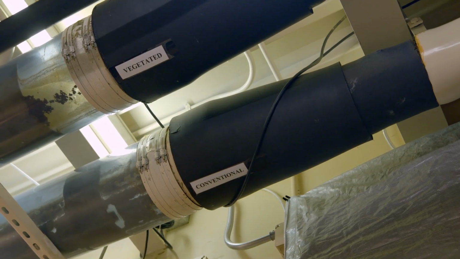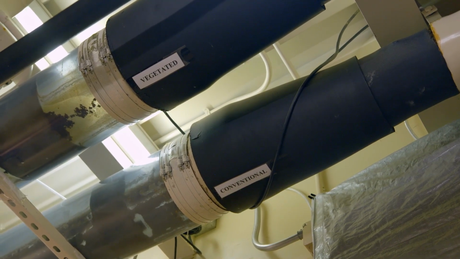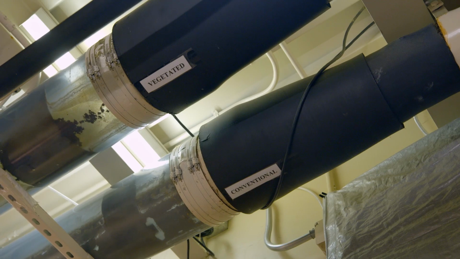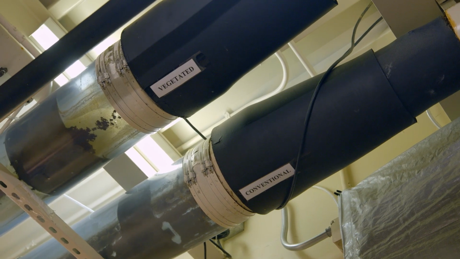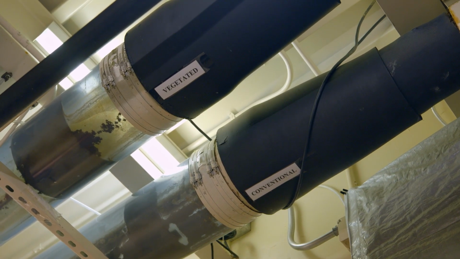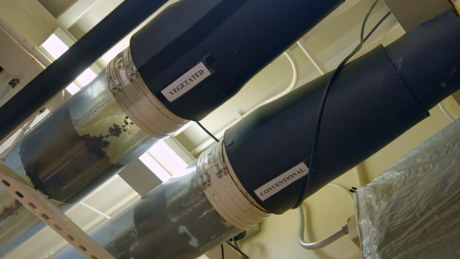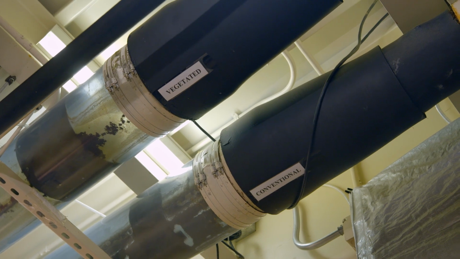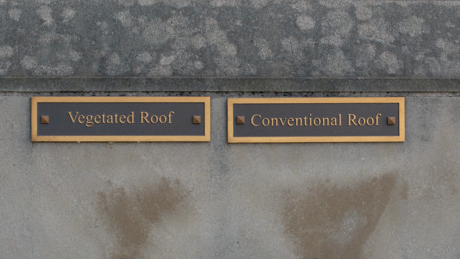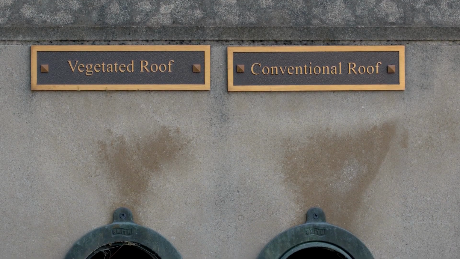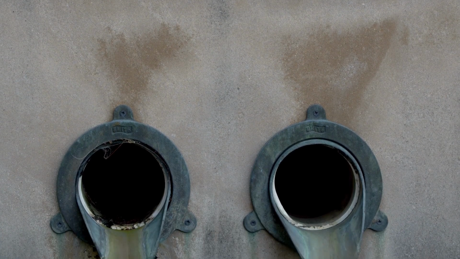So we look at the volume, and we also are able to pull water samples from these tubes up here and take those down to our lab to get analyzed for things such as metals, nutrients, bacteria. And what we've seen is we really haven't seen a whole lot of fluctuation between the conventional and the vegetated, the green roof, as far as water quality goes. Because if you think about it, you don't have a lot of sources of input of potential pollution up there. So we have not seen a lot of water quality differences between the two, but it's that volume that is really what we really see.